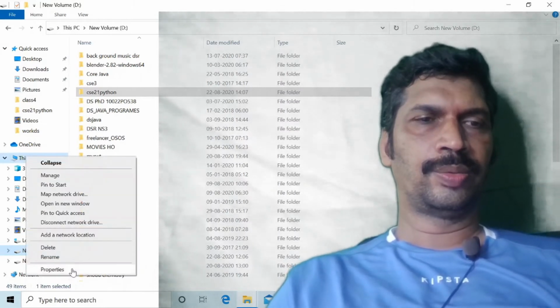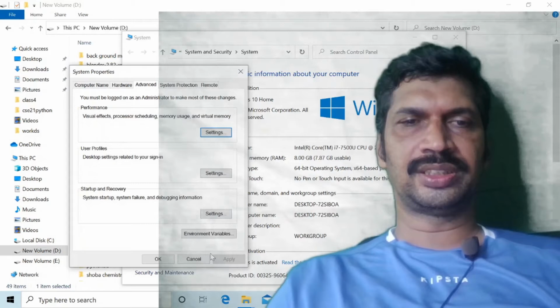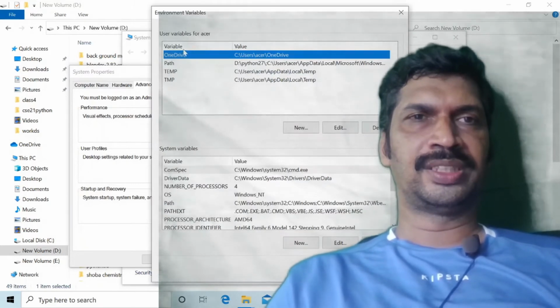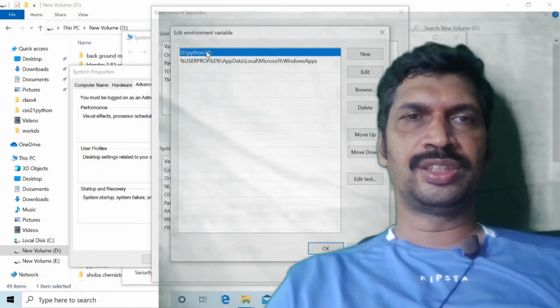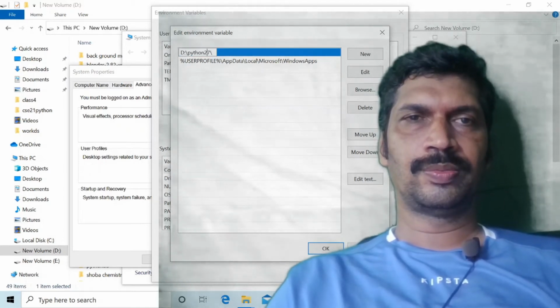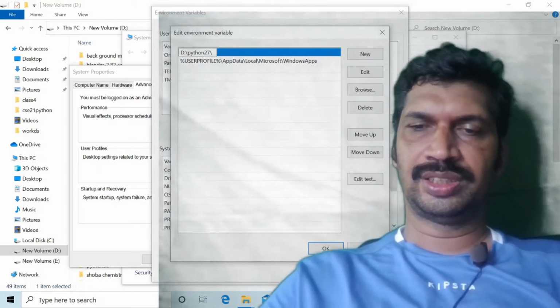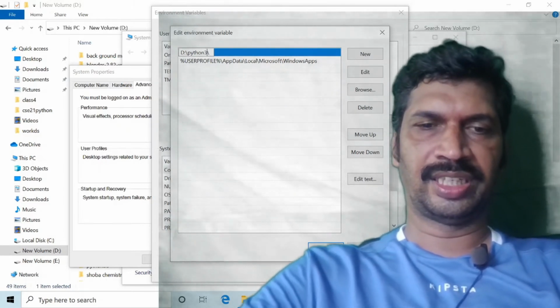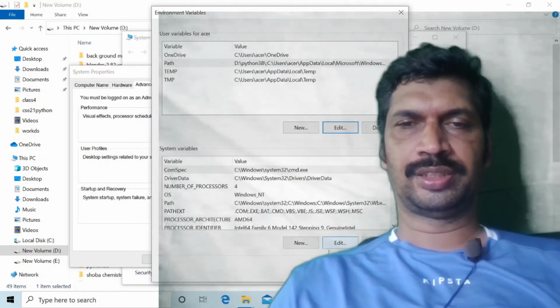Click properties, advanced system settings, environment variables, path, edit. Here 27 is there, change this 27 to 38. That's it. The Python 3.8 folder is there.